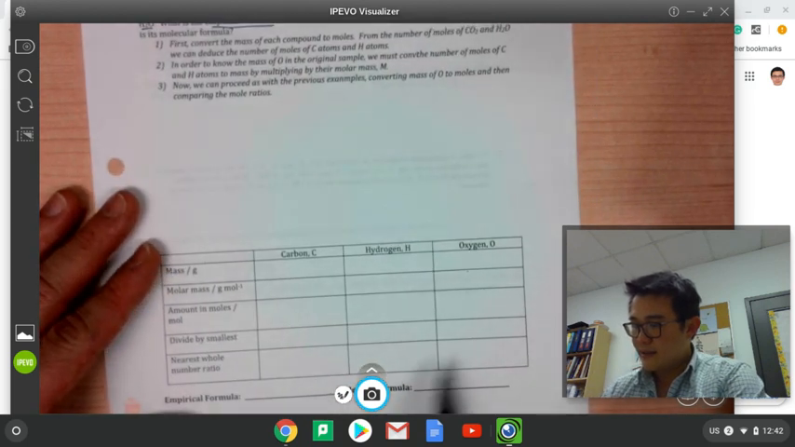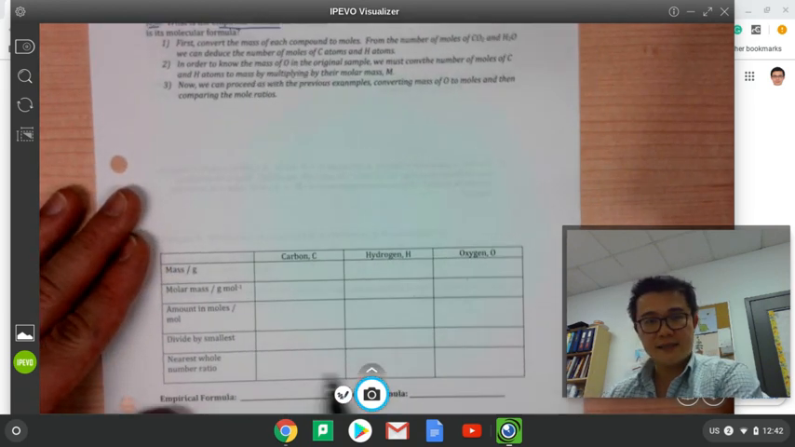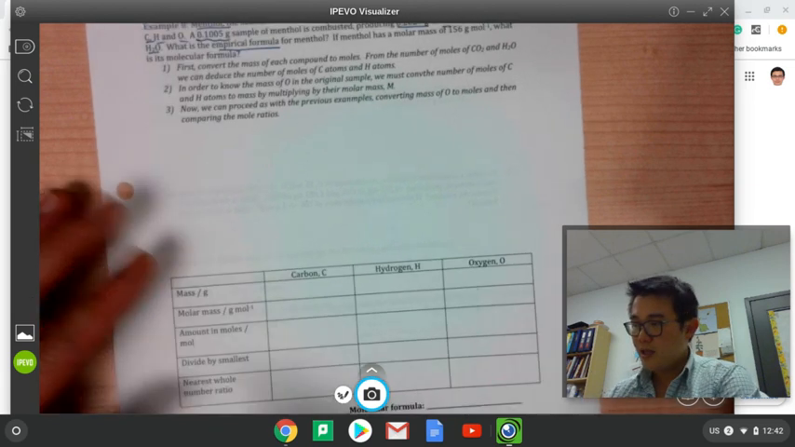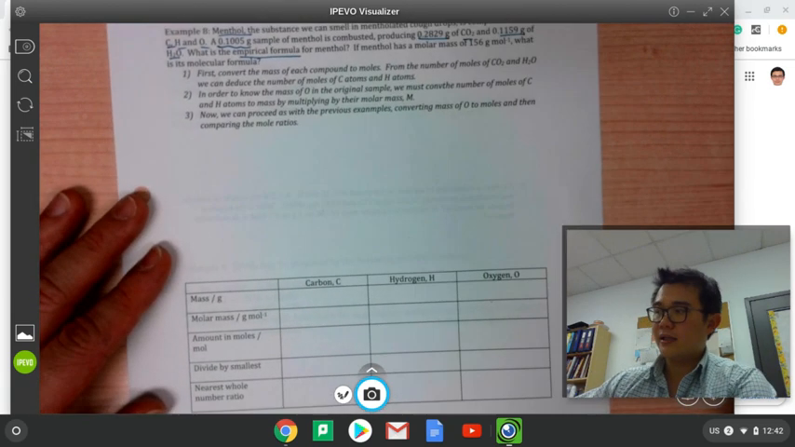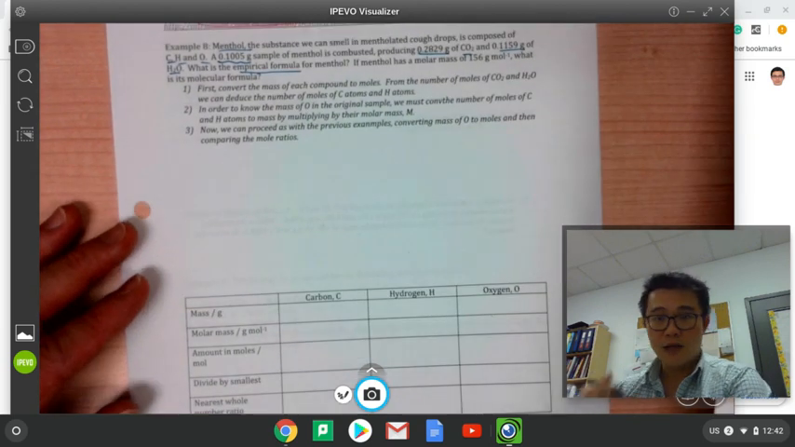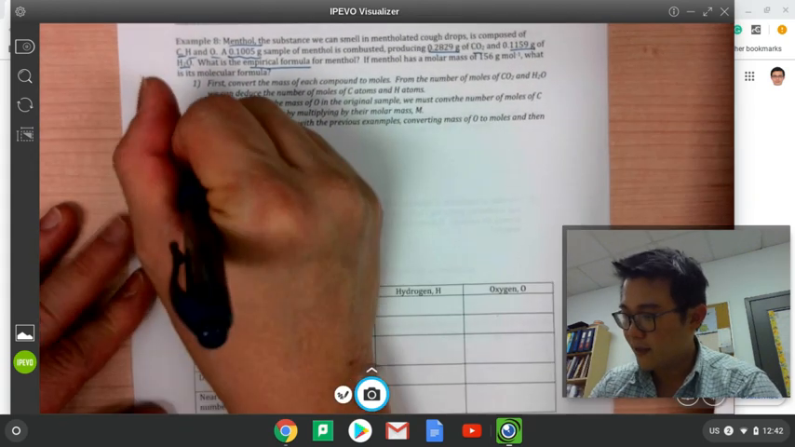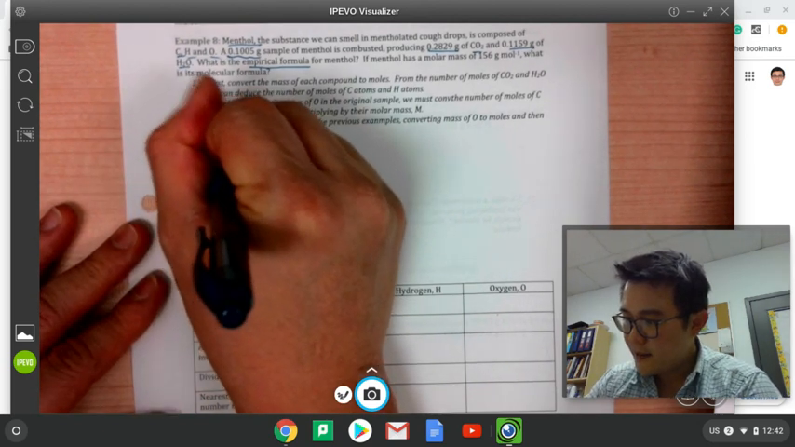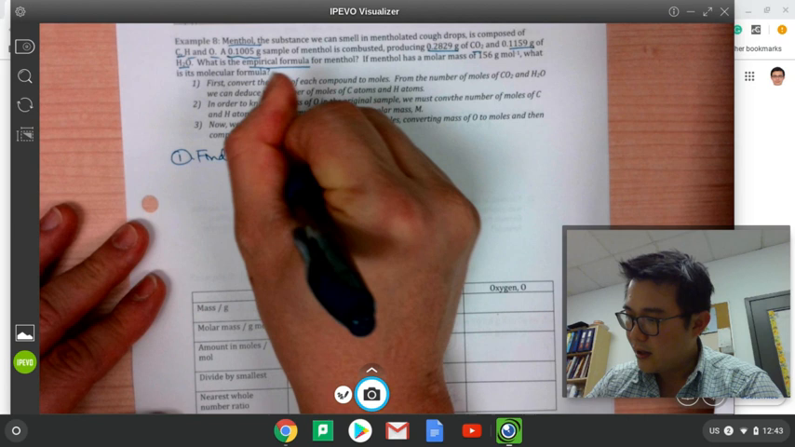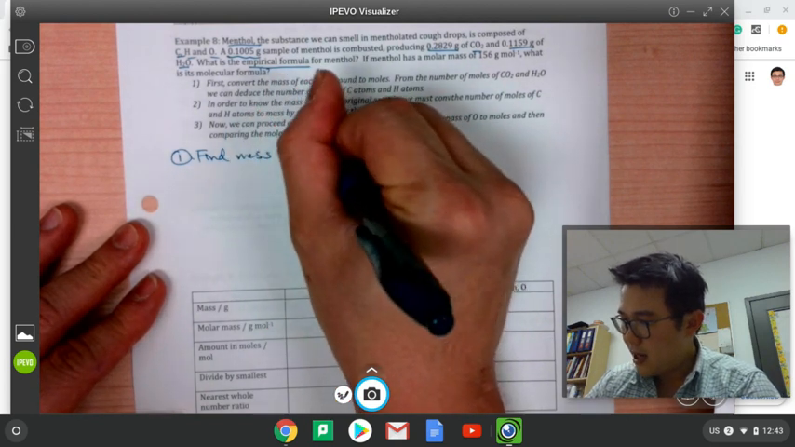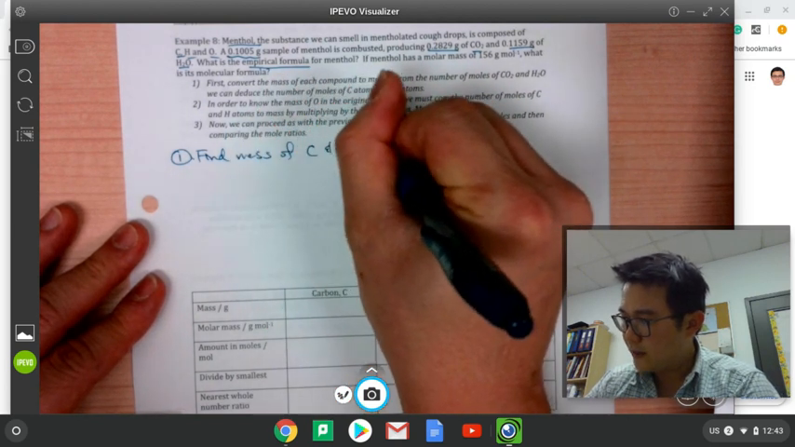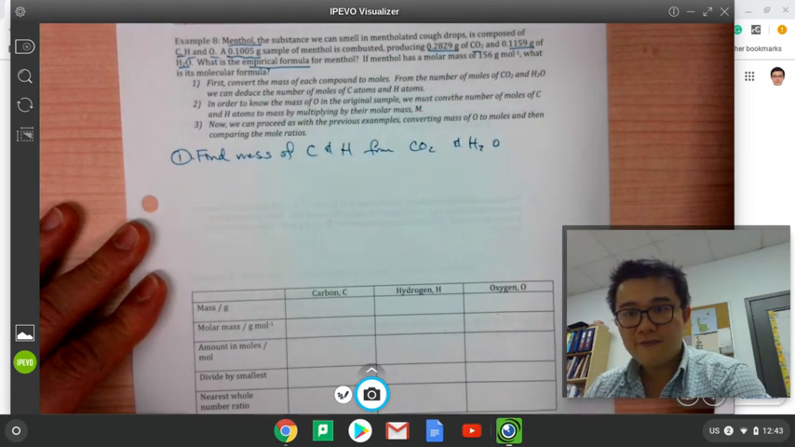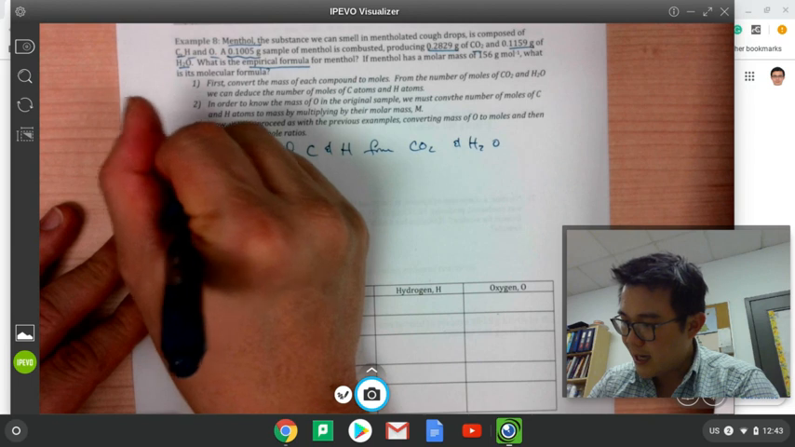Now, we have this little table here, and in some ways, this is a table setup that's not too dissimilar to what you have done before. But the game plan really is this. And you know that I always do the game plan thing. So the game plan, step 1, find mass of carbon and hydrogen from CO2 and H2O. Now, after you find the mass of that, you can find the mass